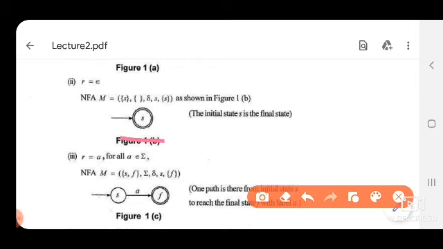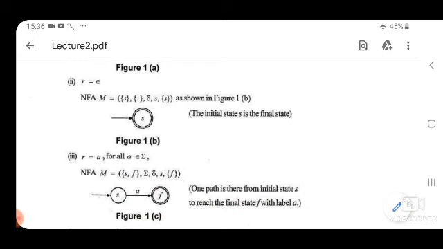Okay, so null is accepted by this NFA, where if we represent it with a mathematical model, then M is an NFA. It consists of 5 components. First is capital Q, that is the set of states. So we have only a single state, that is S.